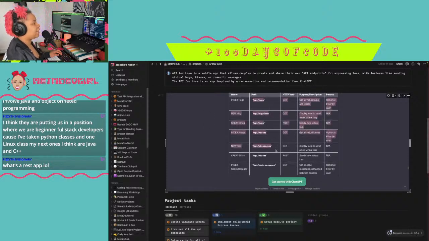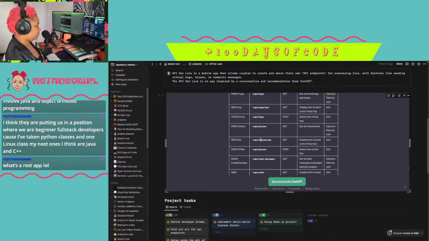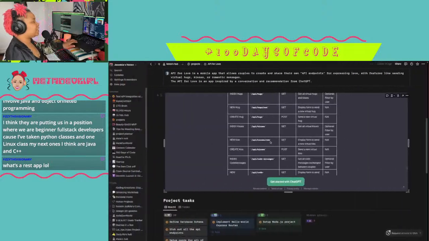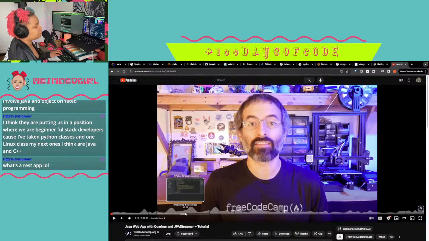So REST is a pattern that we use in how we set up our backend. The specific actions we're trying to do, they call it CRUD: create, read, update, delete. CRUD. Sorry if I'm throwing those random terminologies out.